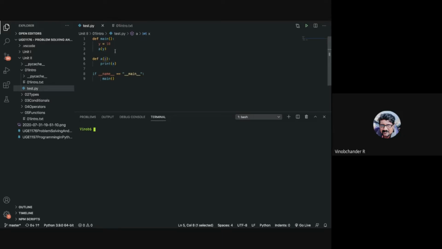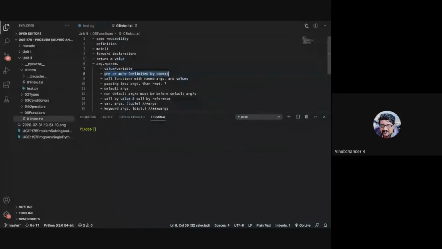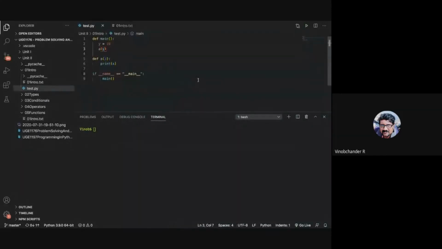You can either pass values or you can pass variables. You can also pass multiple values or multiple variables delimited by comma. So if you have multiple values, say 1, 2, 3, and say 4.5, and then say a string, you can pass all these values, and here I can have 1, 2, 3, 4, 5.